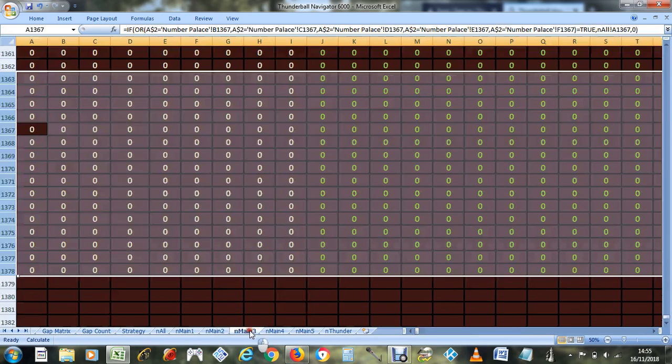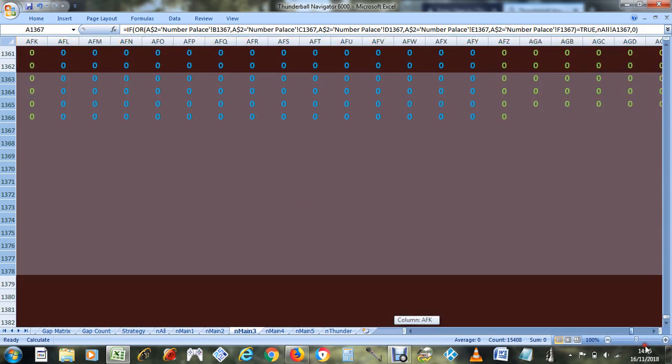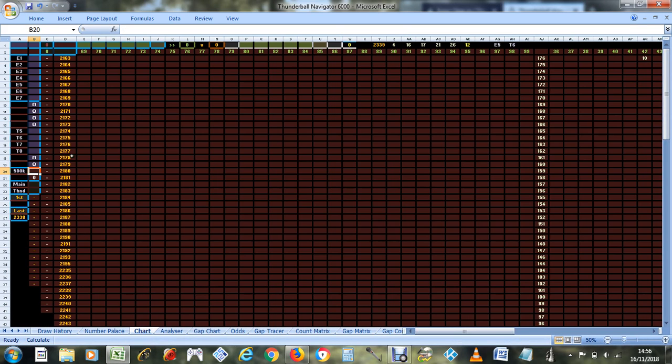So these ones here, you see 1378, and there's about 1,000 columns on it, so quite a lot. Quite a lot of equations. But anyway,